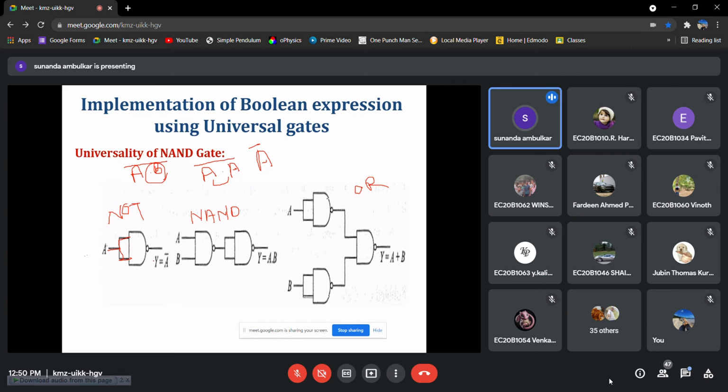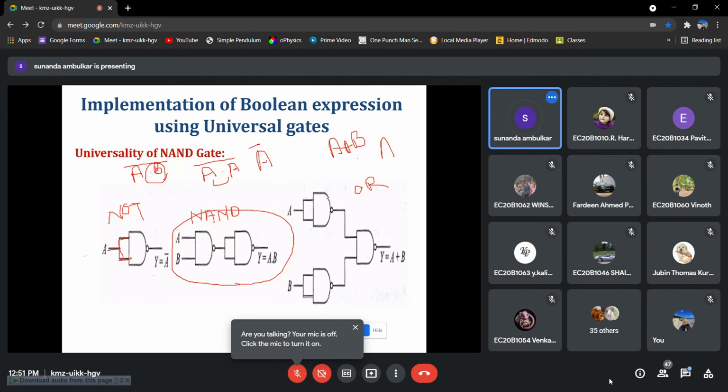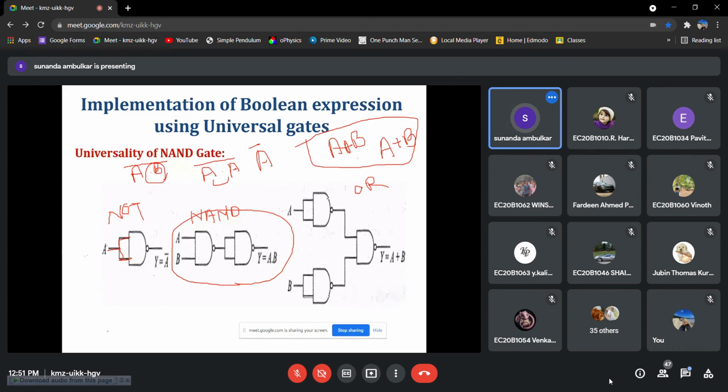Next is the AND gate. How can we implement the AND gate? Just by adding one NOT gate after the NAND gate. It will implement the AND operation. What about the OR operation? For the OR operation, what do we have to do? This is A dot B, this is AB. This is A plus B. Now the simple fundamental principle is